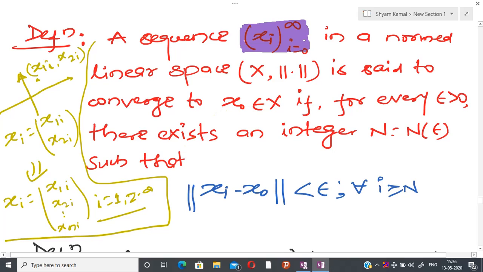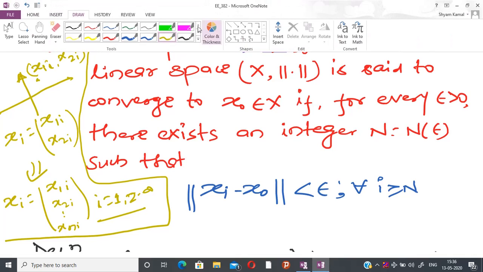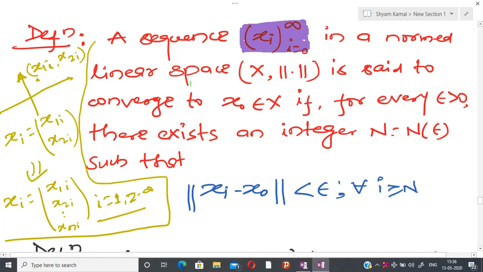Here, for our purpose, I am interpreting xi as column vectors. So my space is filled with column vectors, and I am assuming that the linear space I am going to talk about contains all vectors in terms of columns. So now that is going to converge to